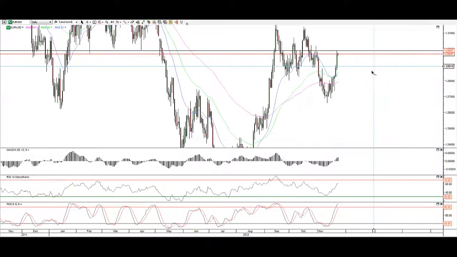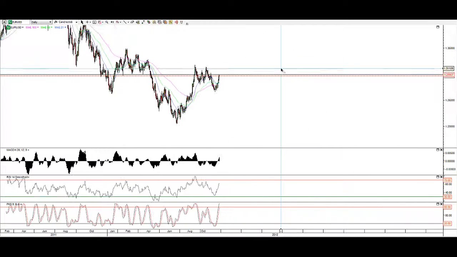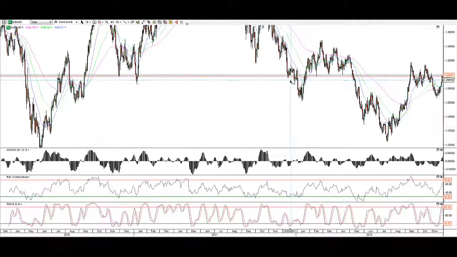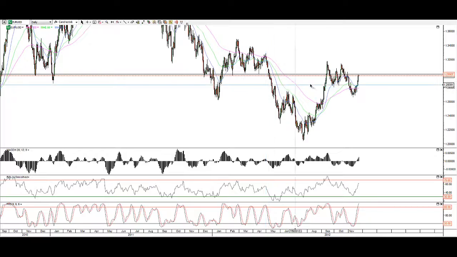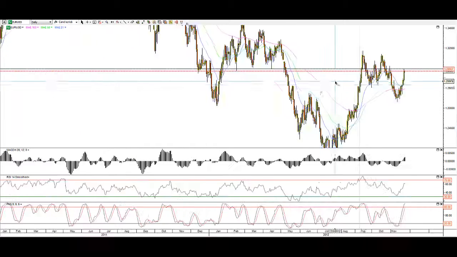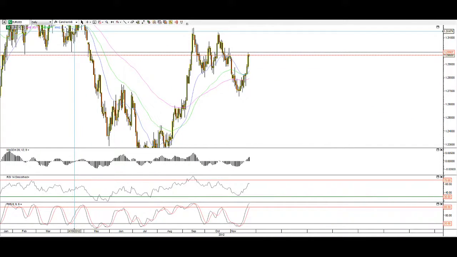Now, the reason why I drew this horizontal line here kind of at the top of last week, which was Friday, the high at around 129.93, this has proven to be a support and resistance line over many areas throughout the last months. If you look at how many points it just touches in this area,